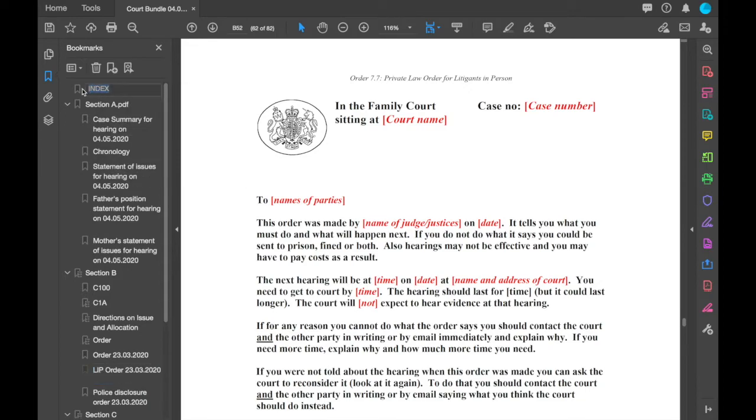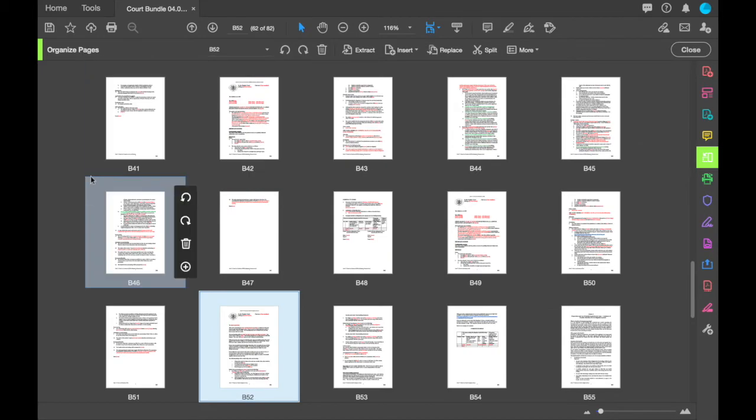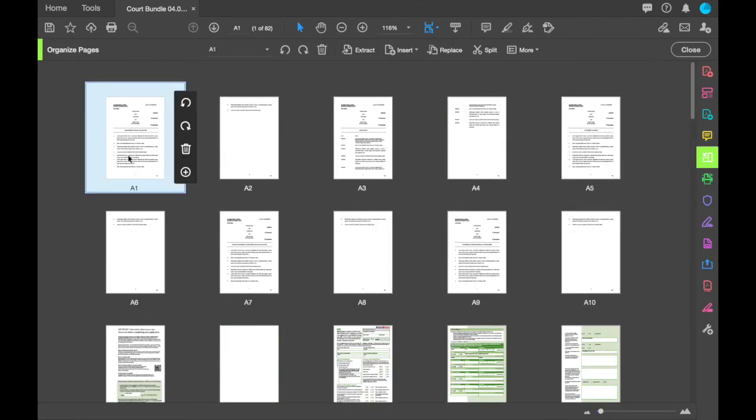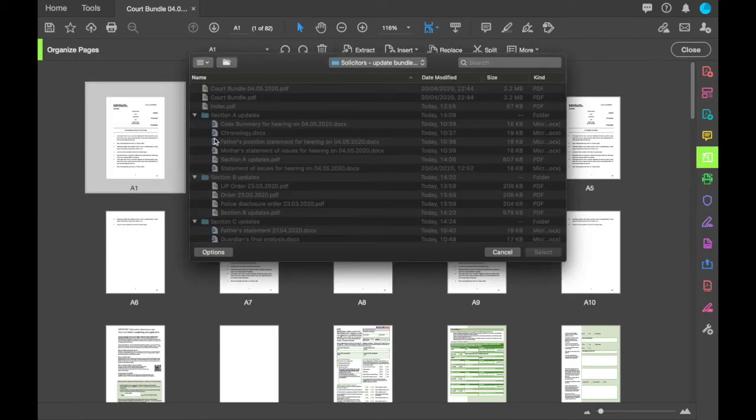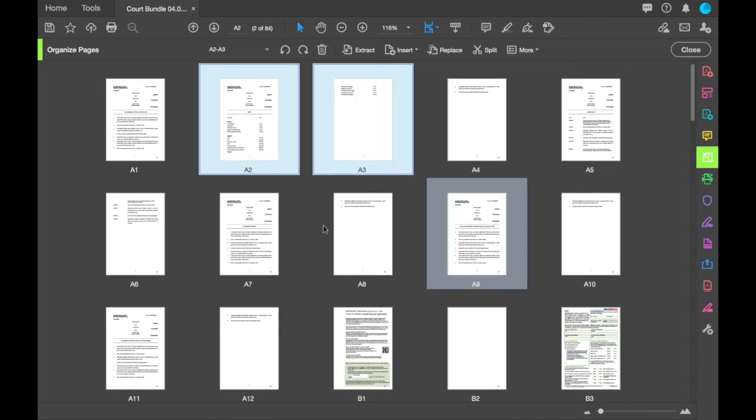So let's delete the old index bookmark because that doesn't point anywhere anymore. And now we need to insert the new index you'll have typed up. So go to Organize Pages, click the first one, click the plus, click Insert Page. And then we click the index, which is a PDF you've created. So you've done it as a Word document and saved it as a PDF of the new index with all the right page numbers. Again, you'll see it's put in slightly the wrong place, so we can just drag it